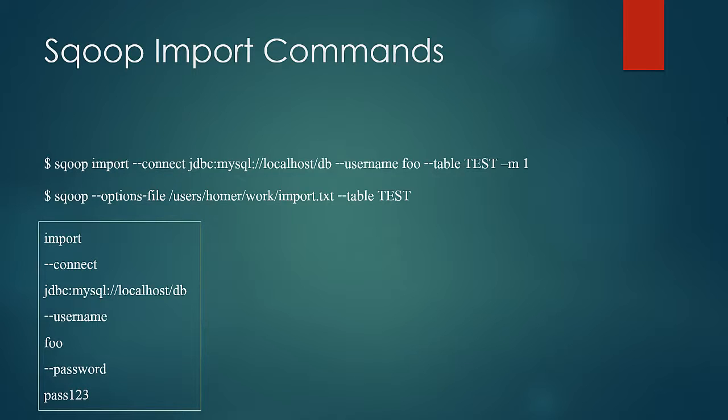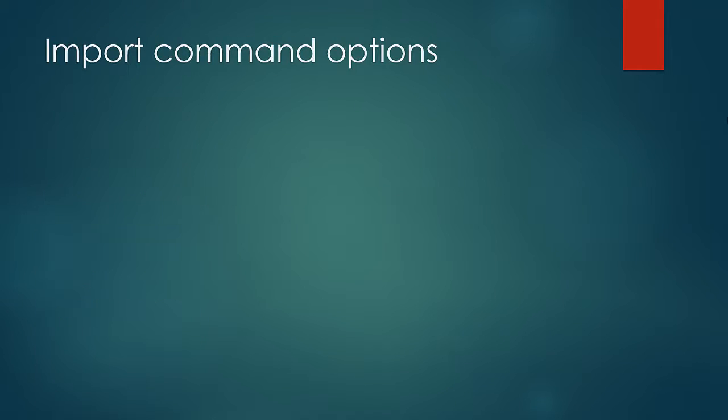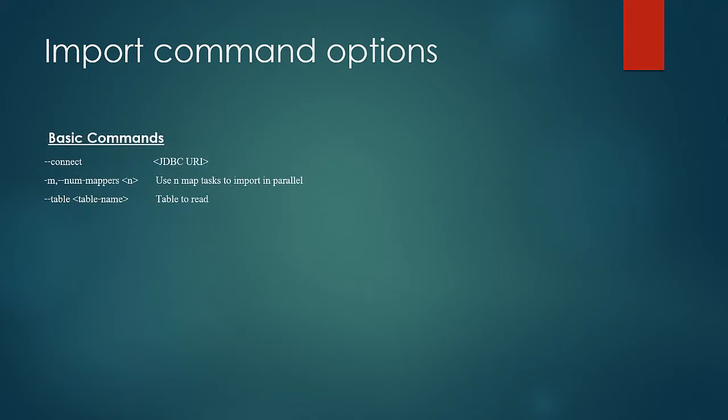Next, let us look at a few parameters that can be used in Sqoop. I have categorized the options according to their functionality just to make them easier to remember. In this lesson, we would see the options, and in the next, we would see the usage of those commands. First, let us look at basic options which would almost always be there in an import command.